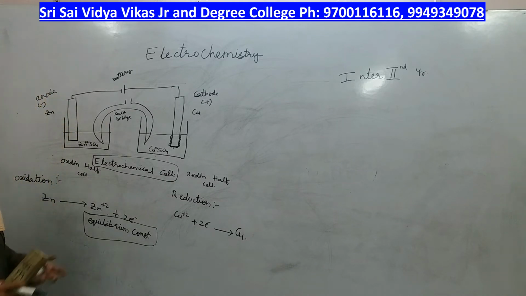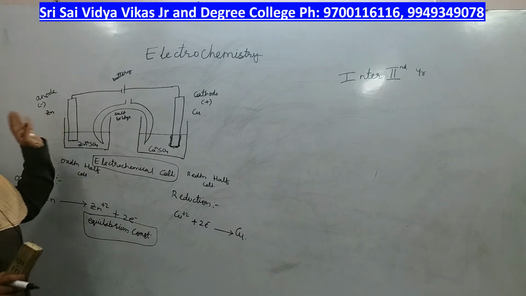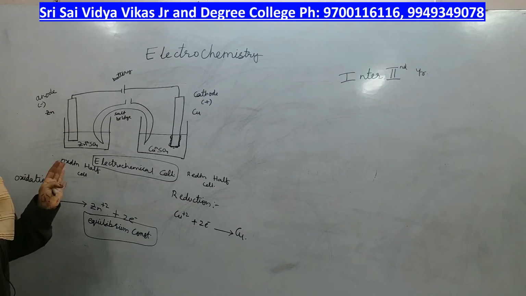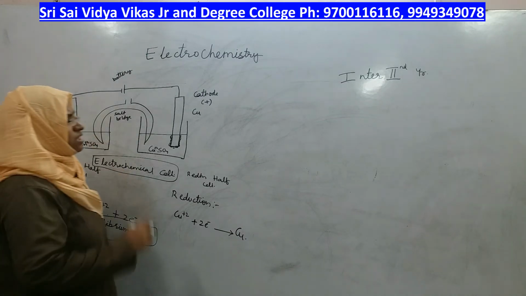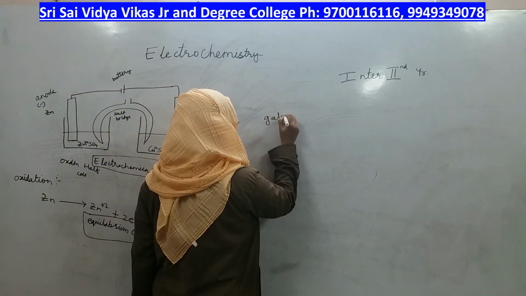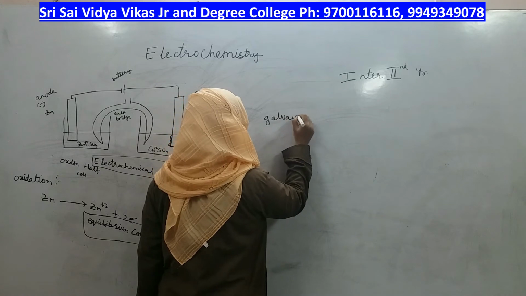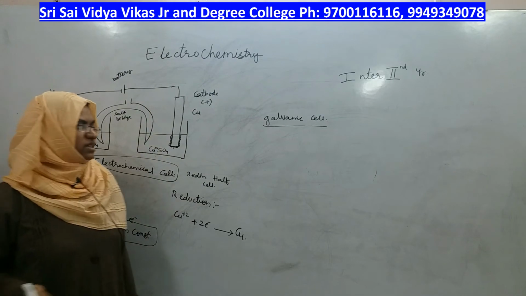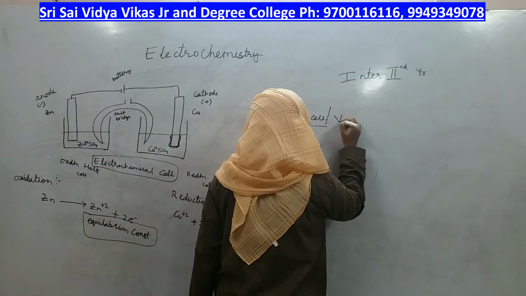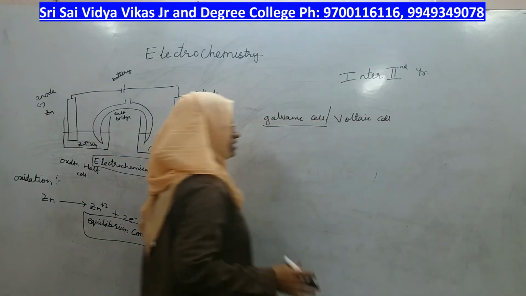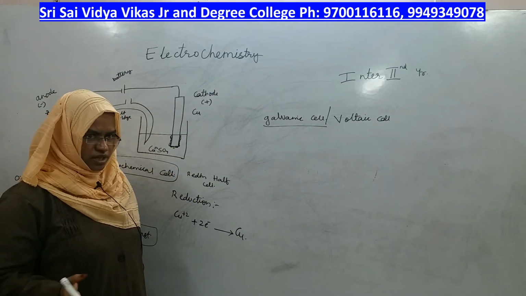So this is how the electrochemical cell works, and when I said that any combination of metals can be taken as electrodes, the other name of electrochemical cell is galvanic cell, right. Electrochemical cell, galvanic cell or voltaic cell are the names of only one cell in which any combination of metals can be taken.